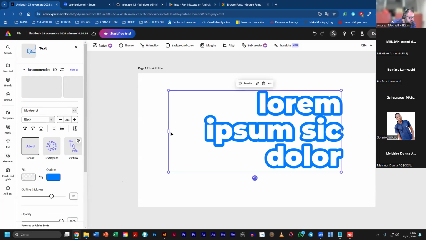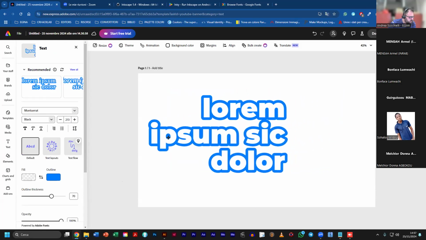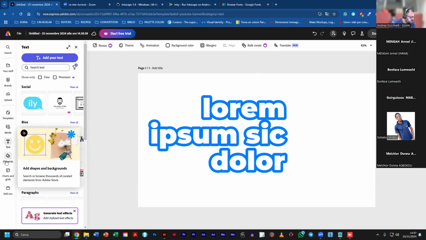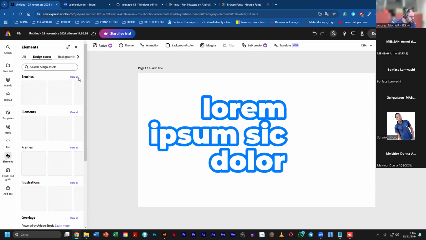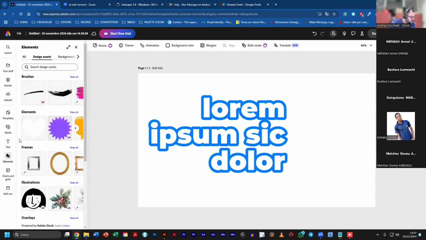And the other thing that can come in handy for designing a logo is here the Elements tab that allows us to use, first of all, some design assets that can be used in the compositions. My suggestion is to not use these things for a